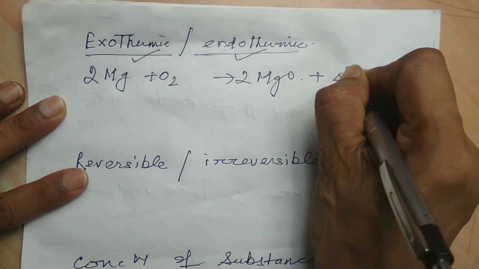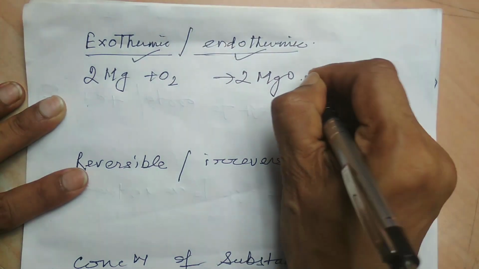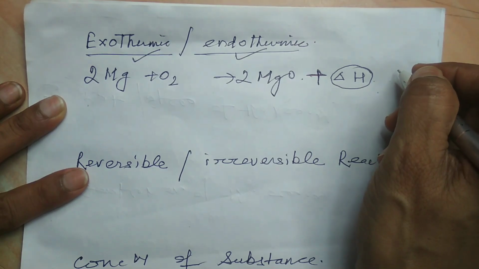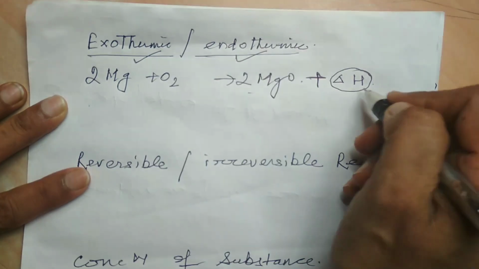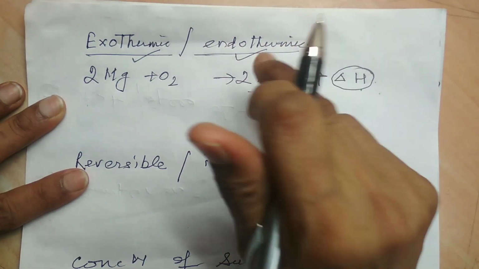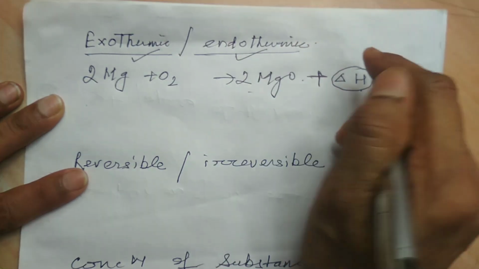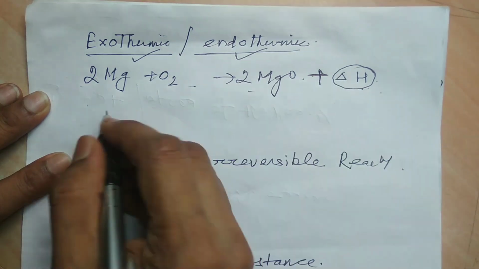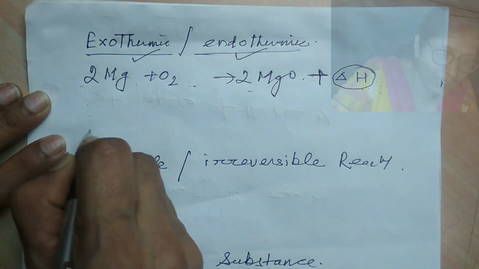Del H means plus heat energy. This plus indicates that some amount of heat is released into the atmosphere. It means after the reaction, energy is released. So this is an exothermic reaction. So an exothermic reaction can be represented in this way, or if it is endothermic, then I have to write